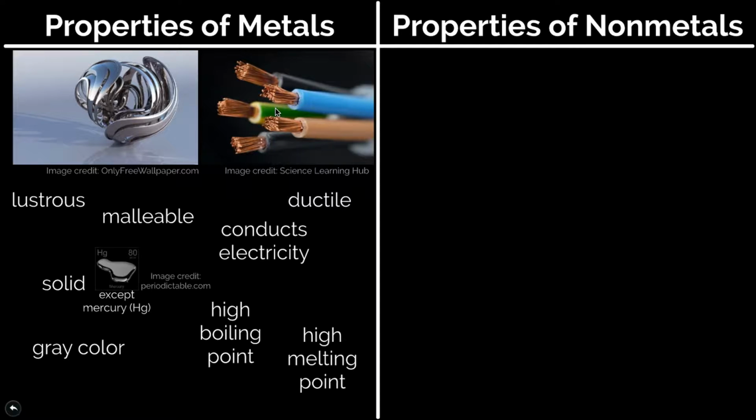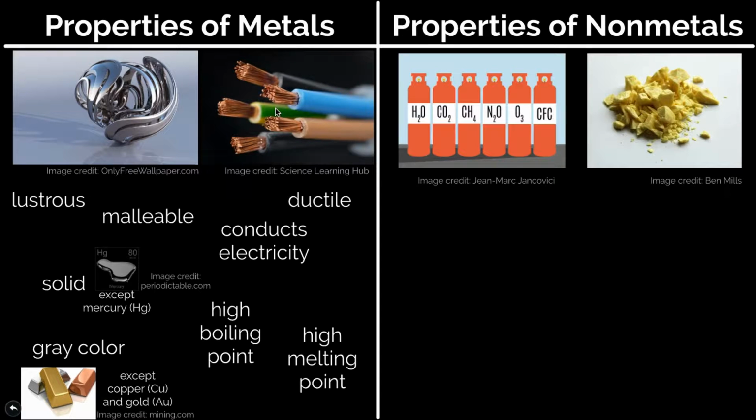And usually, in general, a lot of these metals will be grayish or silver in color. There's really only two exceptions to that, which is copper and gold. These will be both copper colored and gold colored. And so now that we know the general properties that metals have, we can move on to the non-metals,